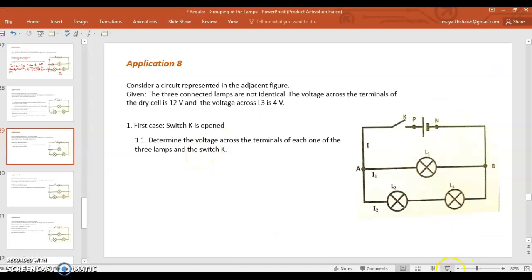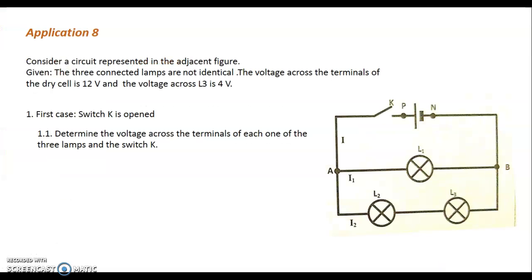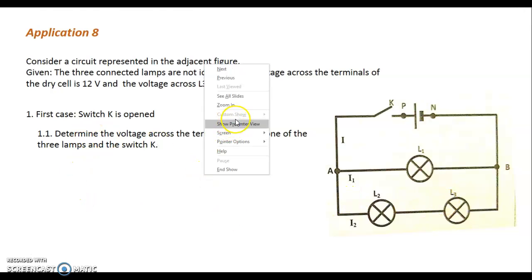In this application, the circuit looks similar to the previous one in application 7, but the difference is that the three lamps here are not identical. So consider a circuit represented in the adjacent figure. The three connected lamps are not identical. The voltage across the terminals of the dry cell is 12 volts and the voltage across L3 is 4 volts. Now determine the voltage across the terminals of each one of the three lamps